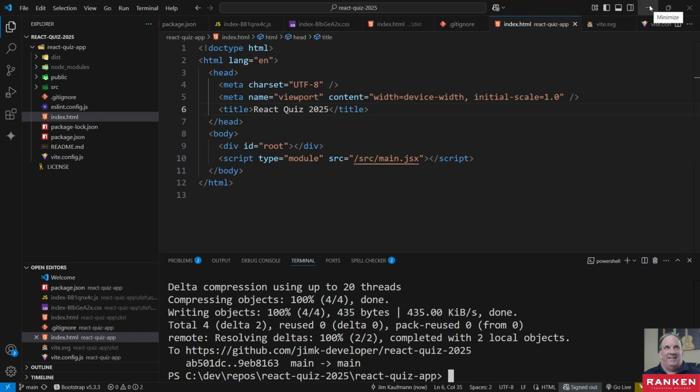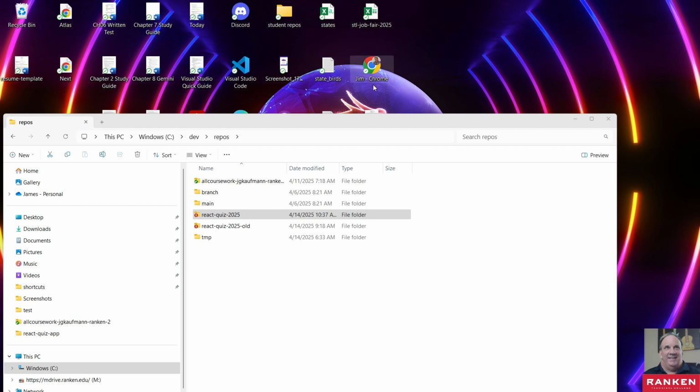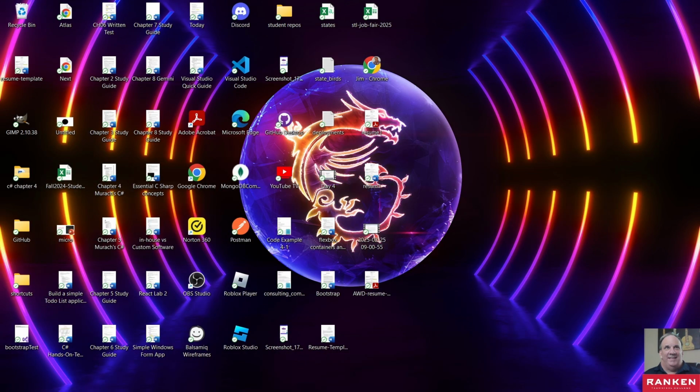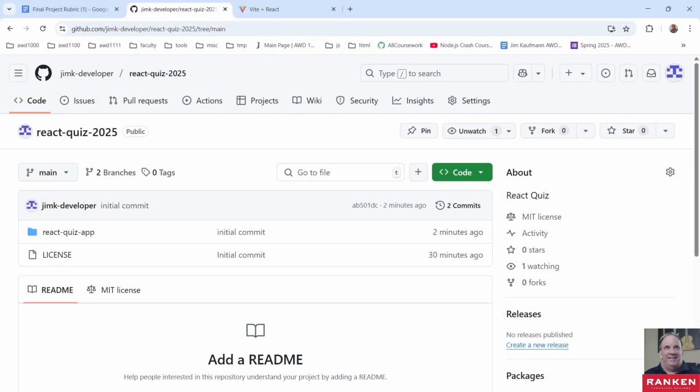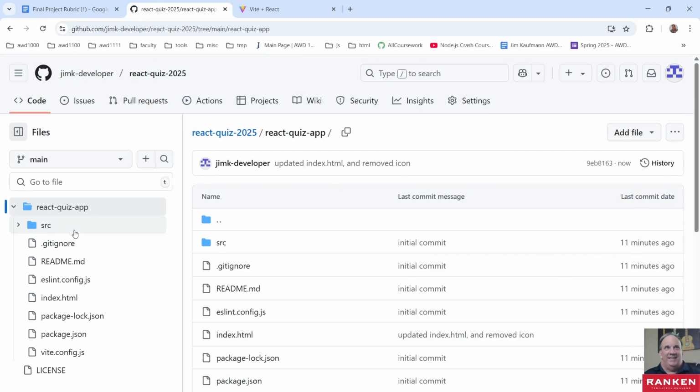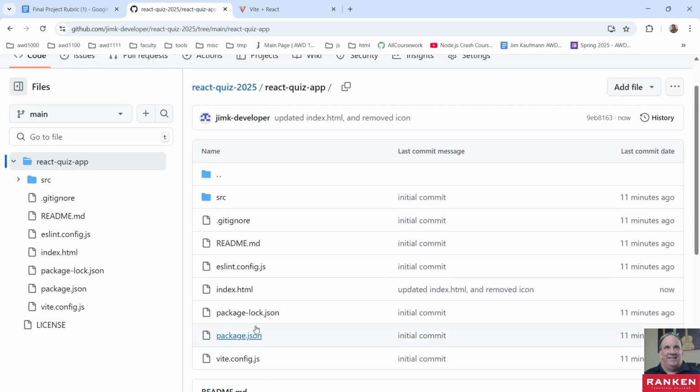Okay, and it successfully pushed them. If we come back out to our browser window, if I refresh here and then open this, you see that message right there. So there's your index.html, and it doesn't have your icon anymore. So that did that, but